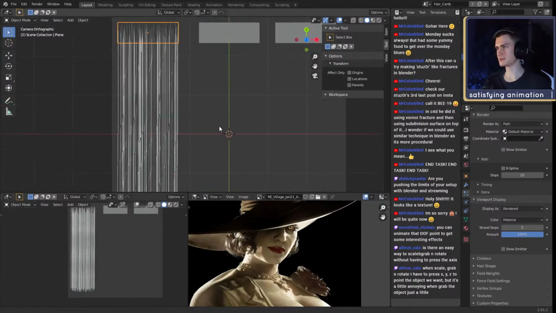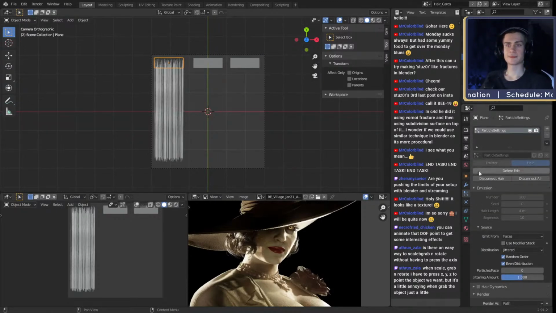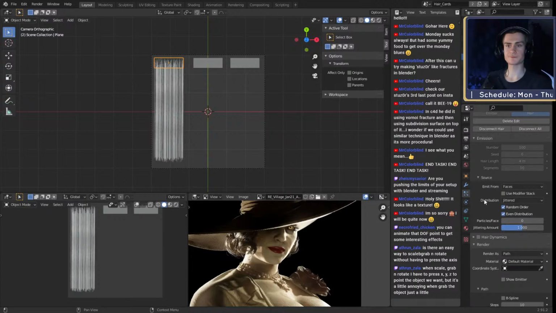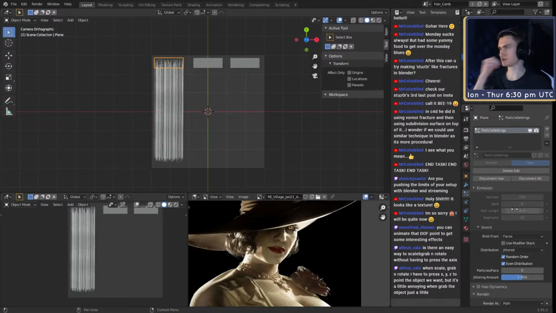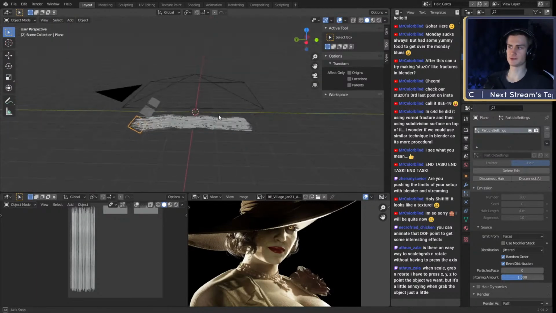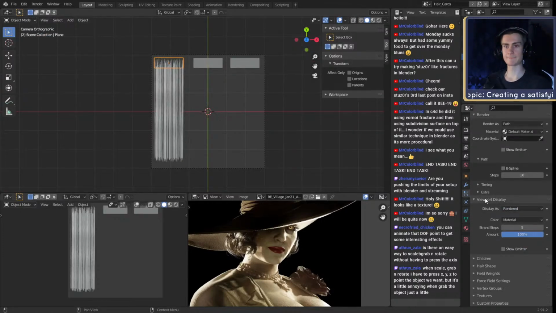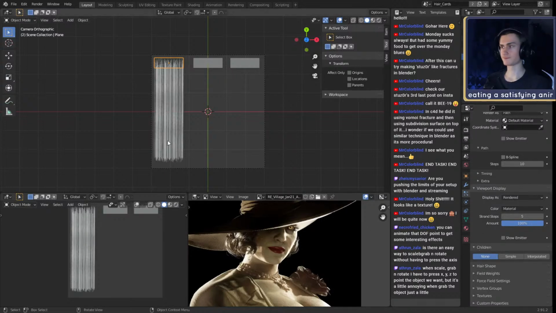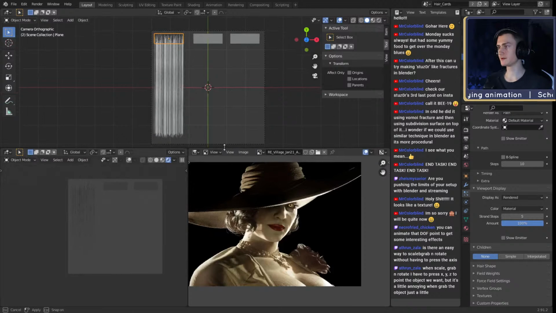What we can say is, first of all, what do we have here? Of course, if you want to change these settings afterwards, after you've brushed your hair, you can just delete the hair. Then I think it resets the position, which is not really what I want, so I'll not do that. What I want to do though is go to children. Let's switch this to rendered view so we actually see what it looks like in rendered view.